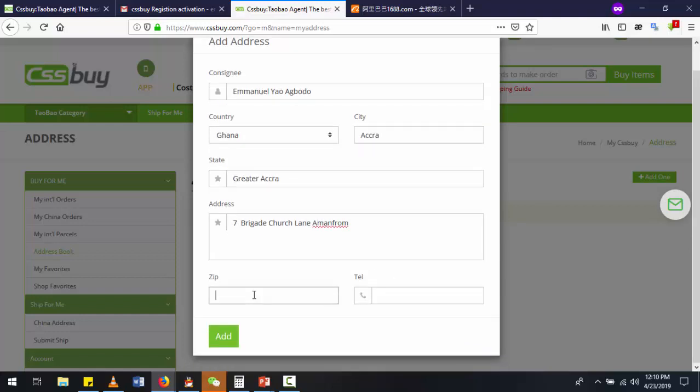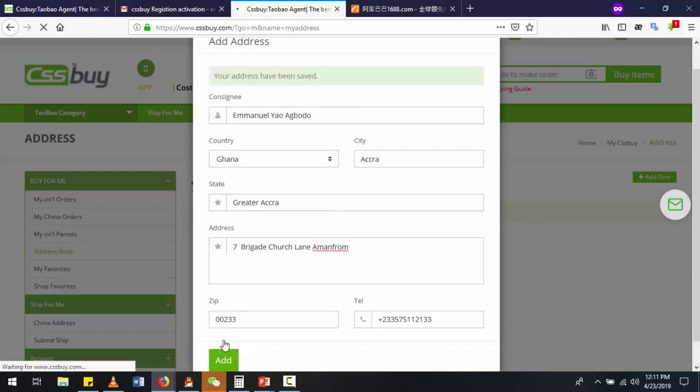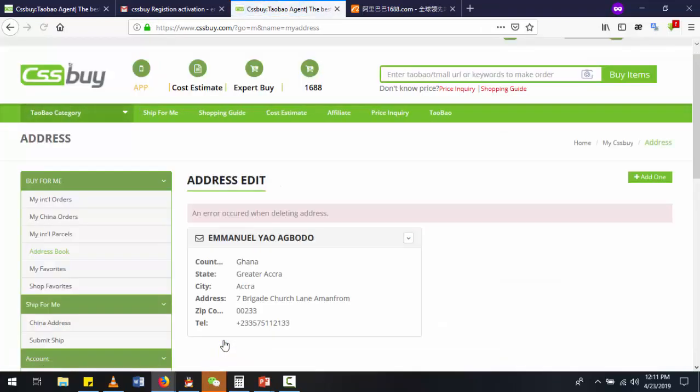You can input your postal code if you have a post office box, or postal number, depending on which country you are signing up from, or a zip code, you enter it there, and then your phone number as usual. That will be +23357. Once you're done with filling in your address, you just hit add, and the address will be automatically added